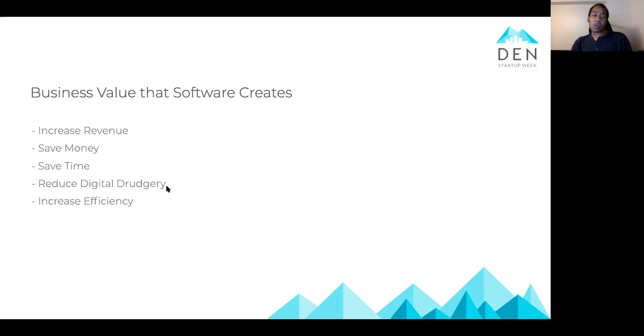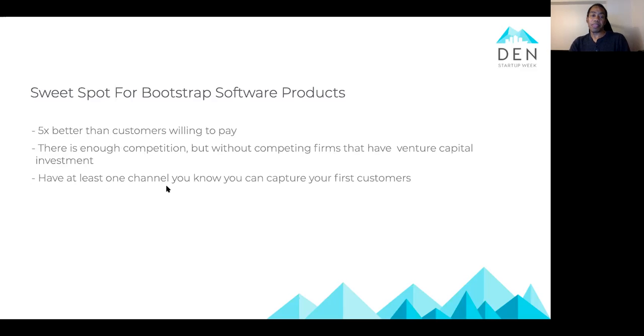So here are some motivations for why people buy products. Sometimes, the biggest motivation is that it helps businesses make more money, or that it helps them save money or save time. If you can prove your product helps a business make more money, then it's definitely a great incentive for a customer to buy. Now here are some specific points that are the sweet spot for a bootstrap software